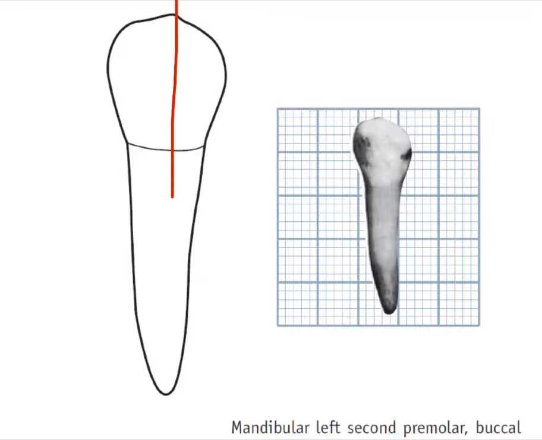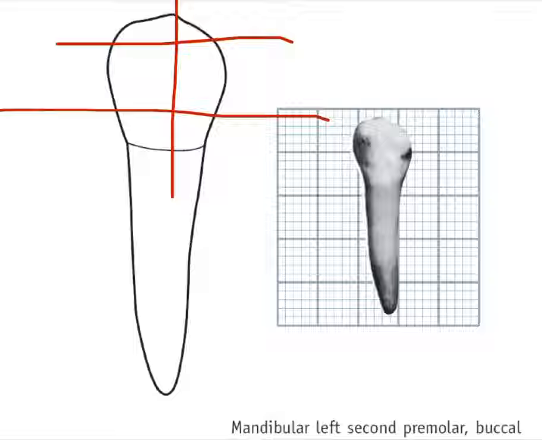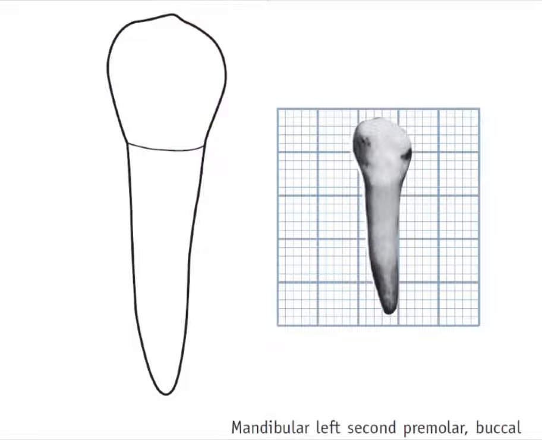And we will draw the 3/3, which are the cervical, the middle, and the occlusal third. The length of the crown this time is 8 millimeters multiplied by 4, 32 millimeters. We'll have the 3/3 as 11, 12, and 11